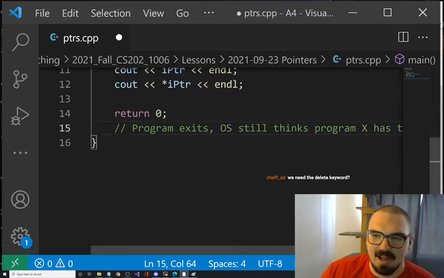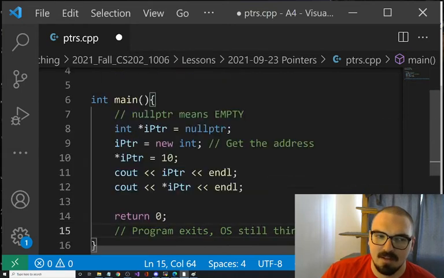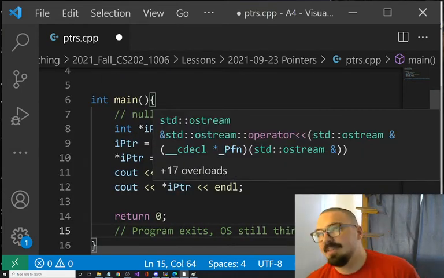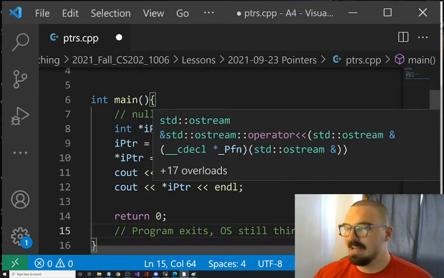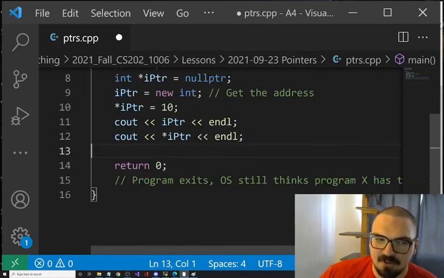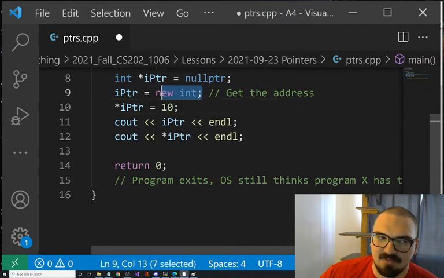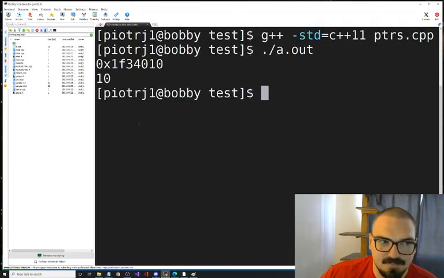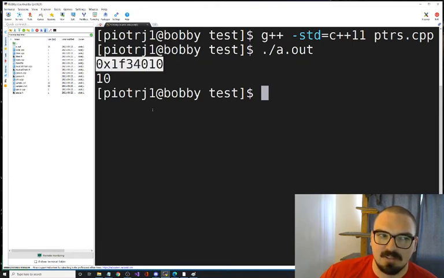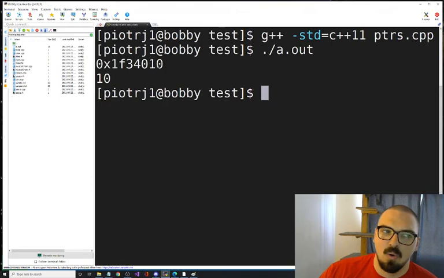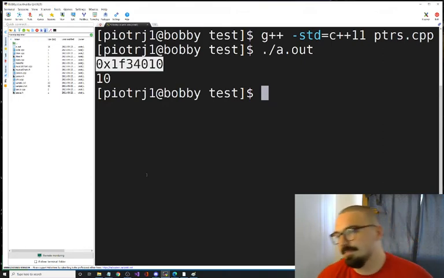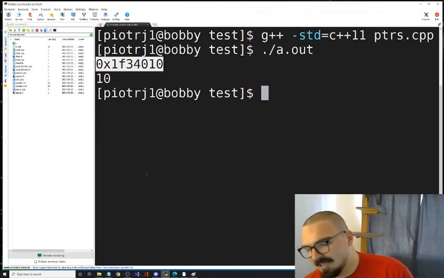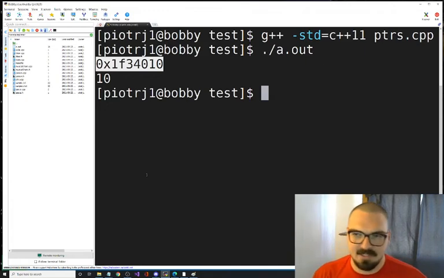Now guess what? This address is kind of lost forever until the system restarts. There are ways that the operating system will reclaim the address, but for the near future, this address that I've requested from Bobby, wherever it is, Bobby will not be able to give out until it runs a garbage collection algorithm or the system restarts. This address is now lost for the near future. I never returned it to the operating system. Bobby still thinks that this has been allocated somewhere.